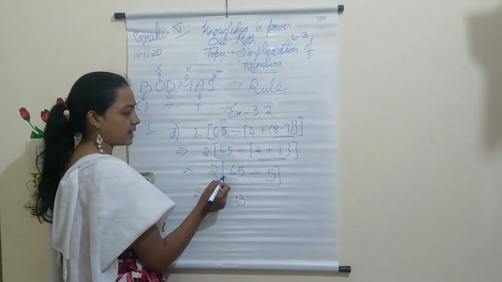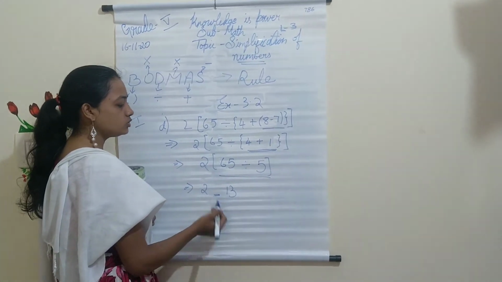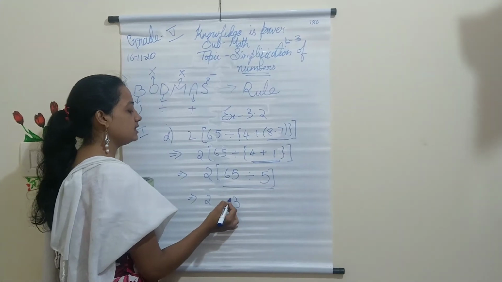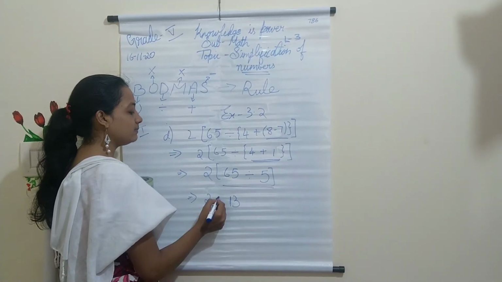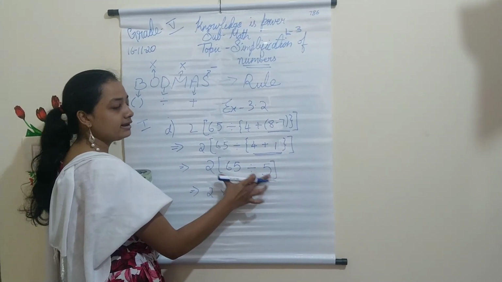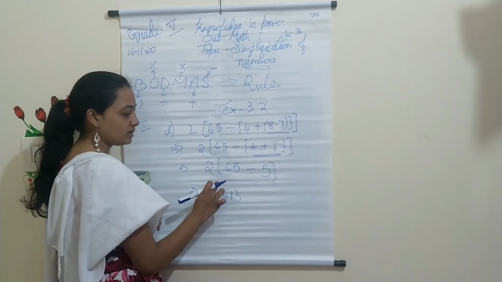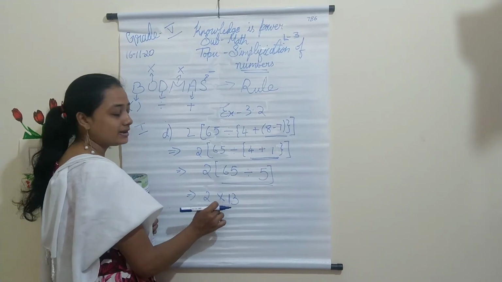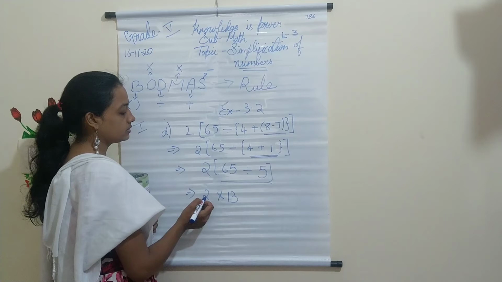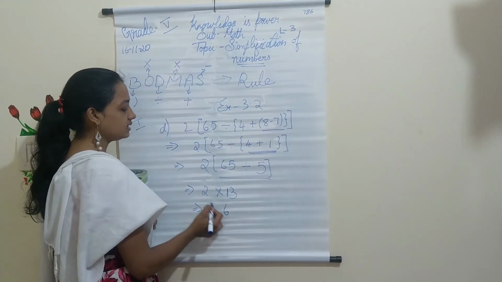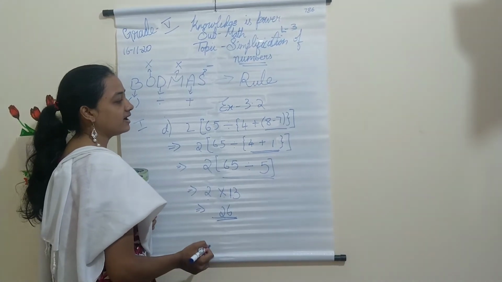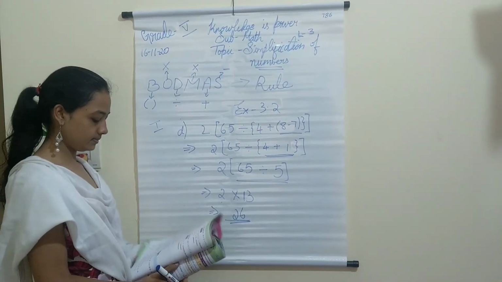And you can see there is a bracket and no symbol here. Now what should I do? That is why you use this 'of'. That means this number should be multiplied with 2. After solving the bracket, if you don't have any symbol to simplify, you should use the multiplication symbol. So what is 13 into 2 now? 2 3s are 6, 2 1s are 2. This is my final answer.